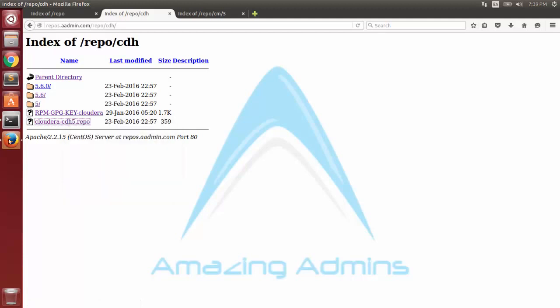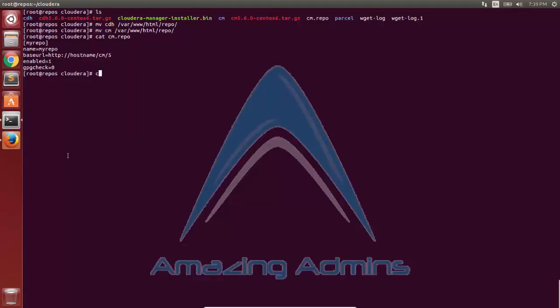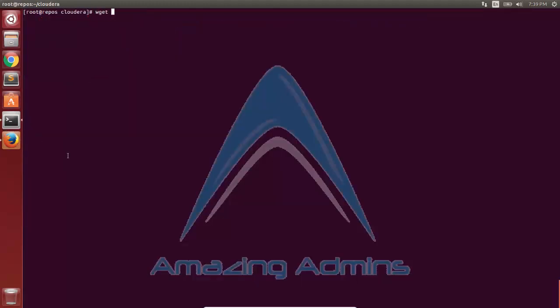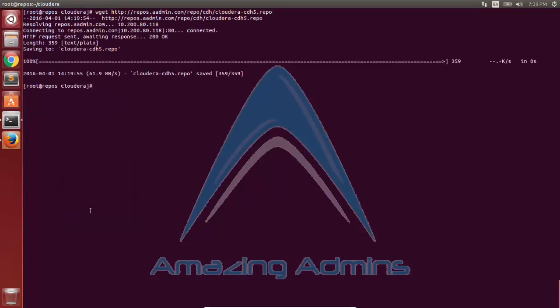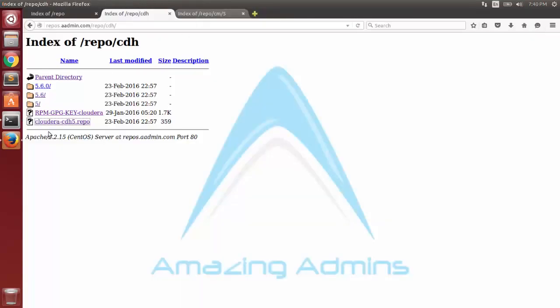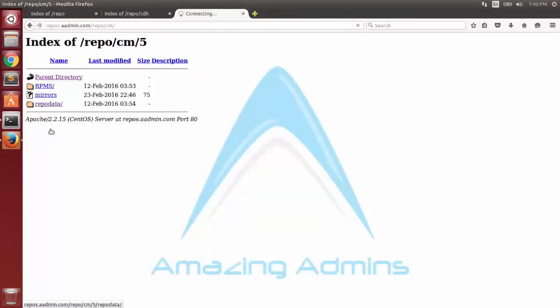This is the repository file, the .repo file, which I'll have to put in the yum folder. So I'll download it. Parallelly, I'll download the Cloudera Manager's repo file also.